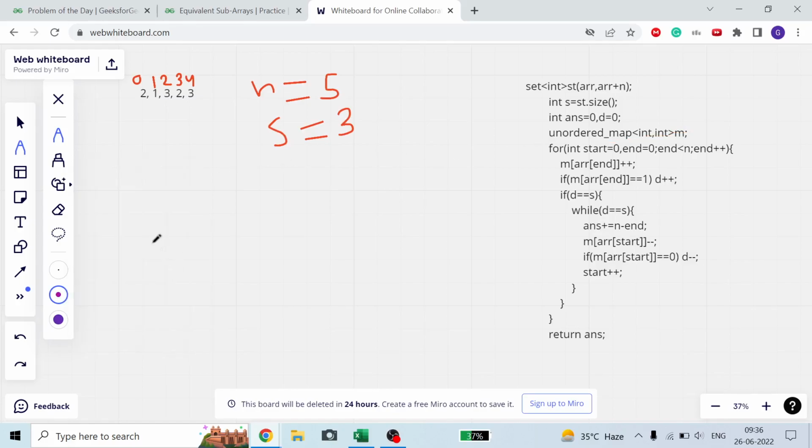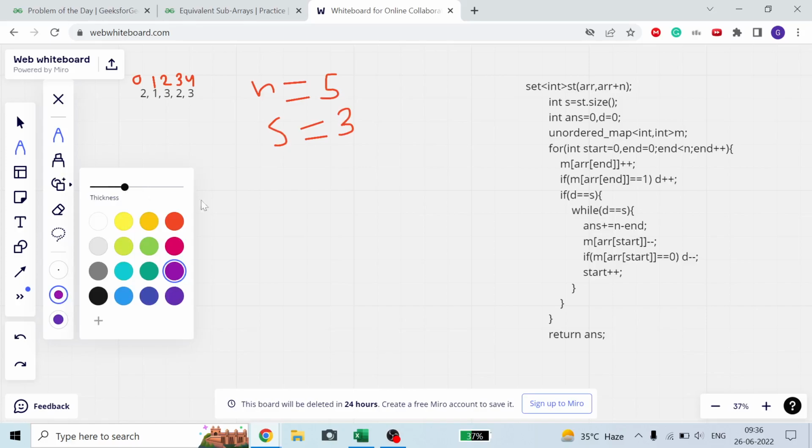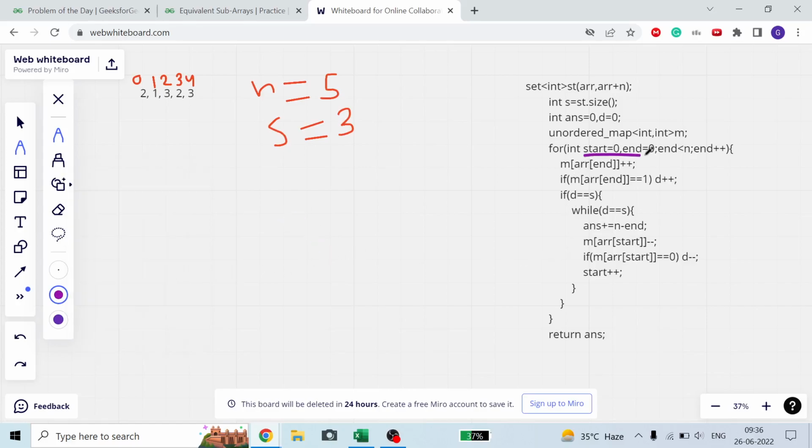Okay, so that it will store the count of each and every integer. Now start is equal to 0 and end is equal to 0. Initially my start is equal to this, as well as my end is equal to this. This is my start above line, this is my end below line. Start and end, this is my size, you can say, as the start to end.